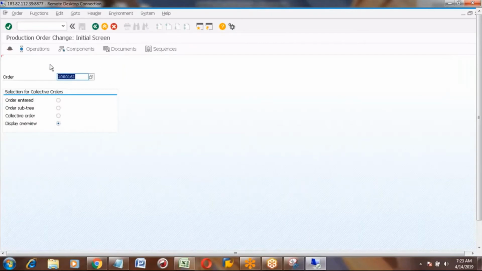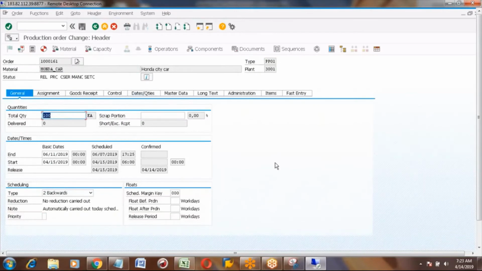If you open CO02 directly, you need to enter the production order number, and then press enter. In this, you will have all the information related to your production order.